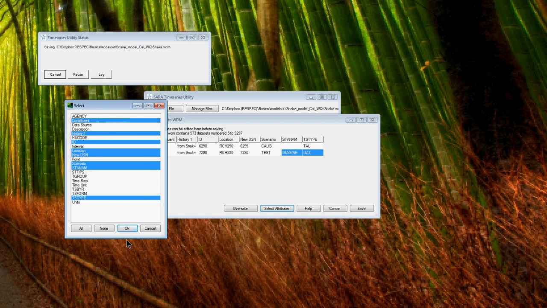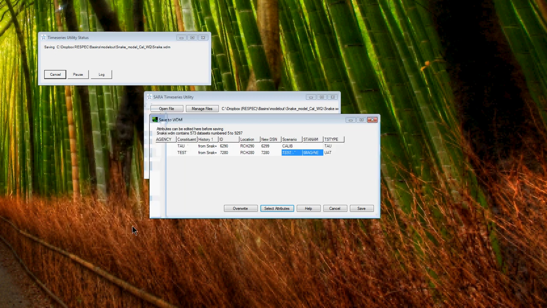And click on OK. Let's say I click on agency and I say... Once I have decided that okay, I want to change the 7280 and I put the correct attributes, and the